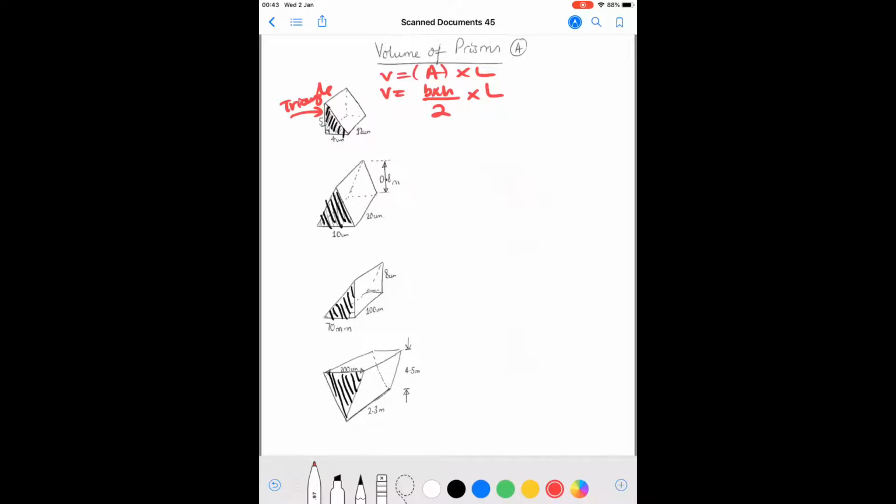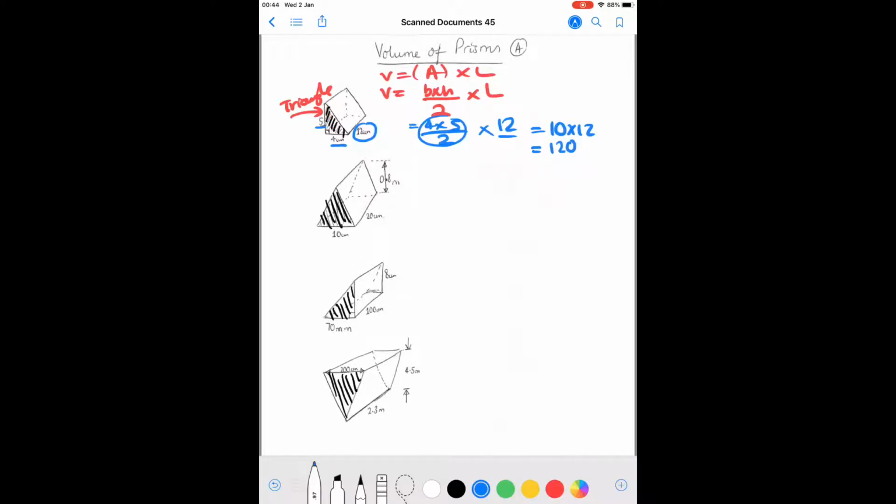So let's have a look at what our values are. Our base is 4 and the height is 5. So we can say 4 times 5, then divided by 2, multiplied by our length, which is 12. 4 times 5 is 20. 20 divided by 2 is 10. So this first part gives us 10. And then you times it by 12, which is that part there. So that will give us an answer of